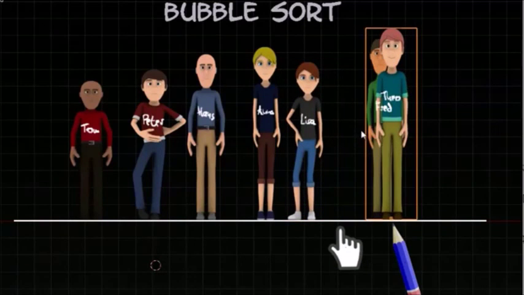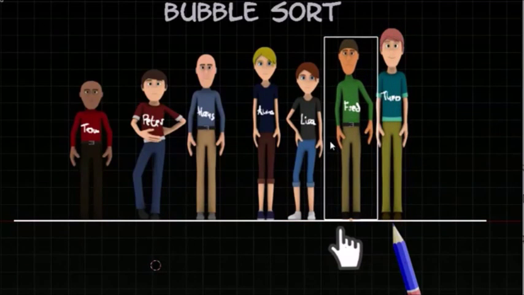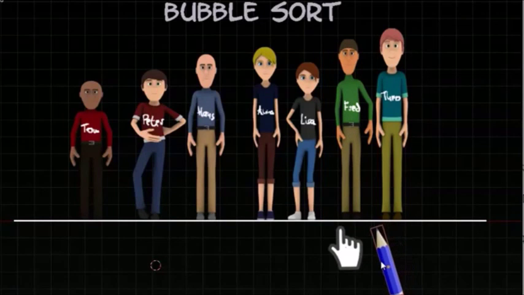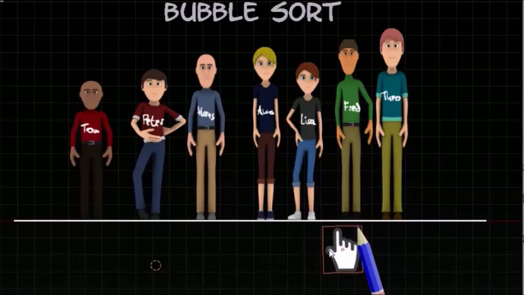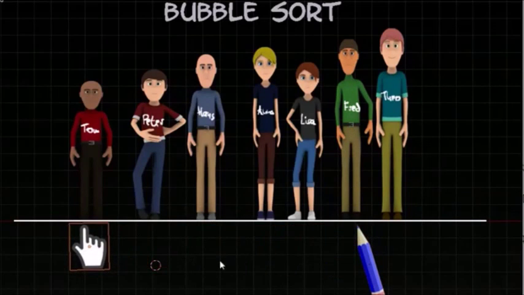And again, I have pulled the biggest person, in this case Fred, up to the right. And he rises like a bubble through water. That's why the algorithm is called bubble sort. And now I know Fred stays on this position. He has to be the second tallest, so I will mark this with my pencil and restart again to compare